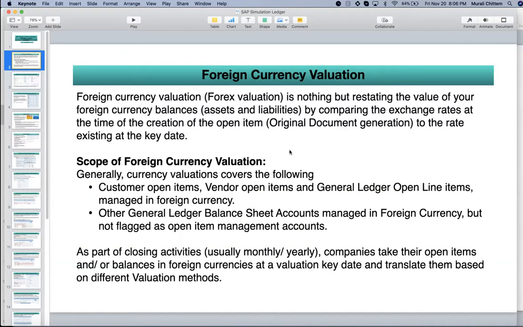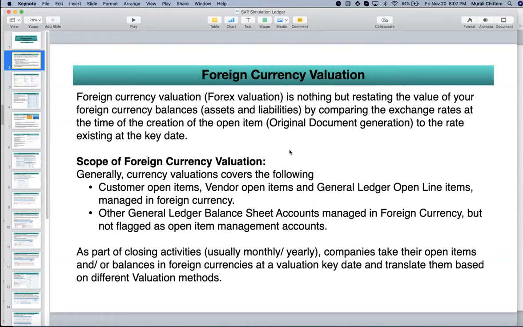While preparing financial statements, some companies prepare them monthly, quarterly, and annually. And there are legal requirements like 10K and 10Q reports in the US. As per all the GAAP, generally accepted accounting principles, all the financial statements should reflect the current exchange rate at the time of preparing them.